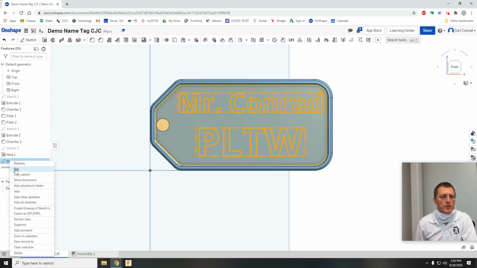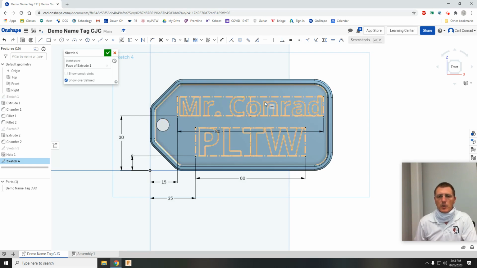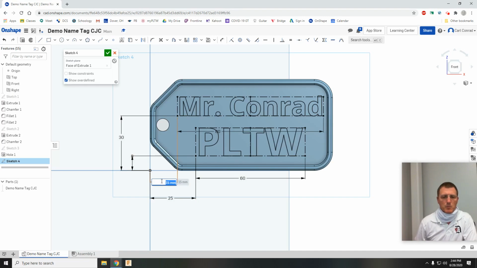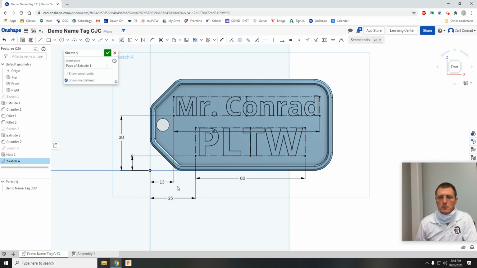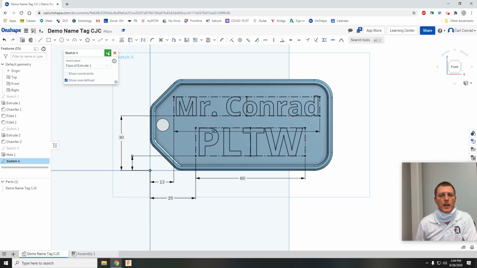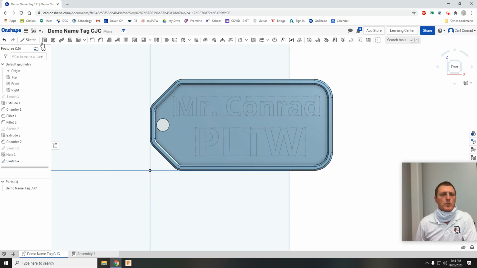Maybe as I'm drawing this right now, maybe I want to move this down a little bit, so I can just double click. And you can see it's very easy to adjust something. And maybe I'll slide that over. Yeah, that looks better, just at a glance. Okay, so you're going to have to tweak that for your name and the text that you put on your name tag. And of course, once you're done with that,